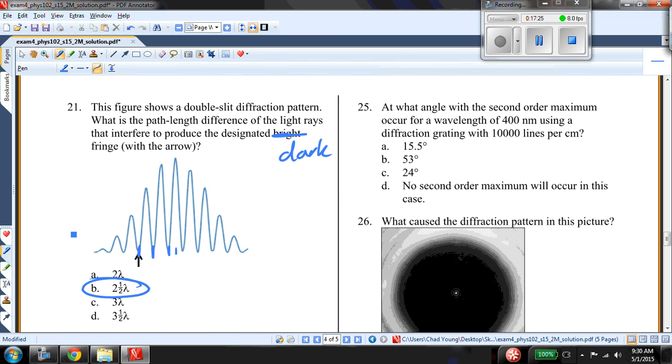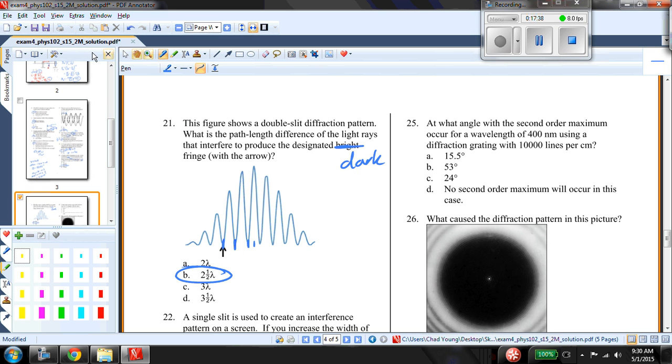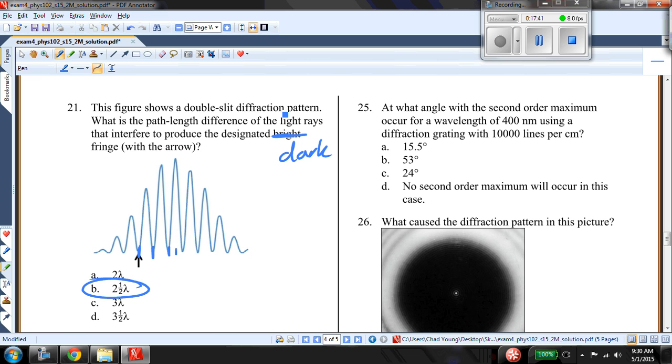And at what angle would the second order maximum occur for a wavelength of 400 nanometers using a diffraction grating of 1,000 lines per centimeter? All right, so I'm probably going to take one of these out, but I'm going to work this out just for future sake. So I have d sine theta equals m lambda. I want to find d, that's 1 over 10,000. That's equal to